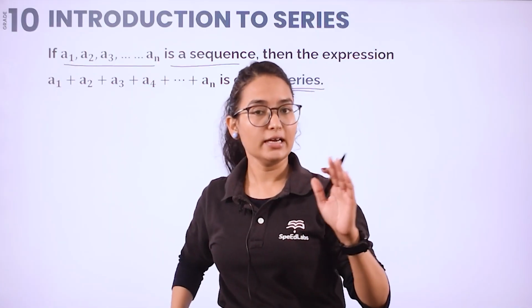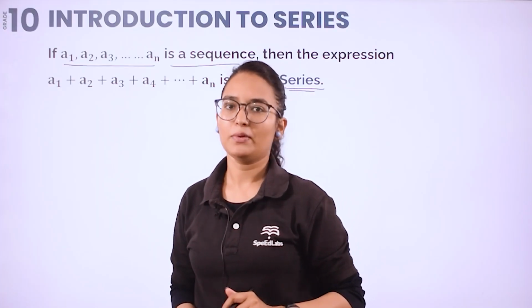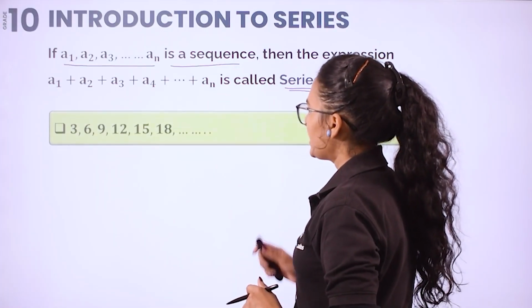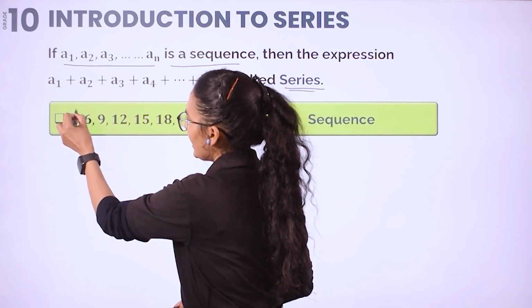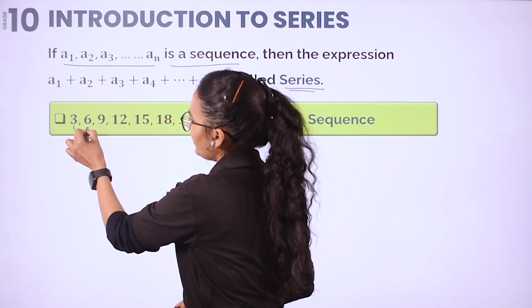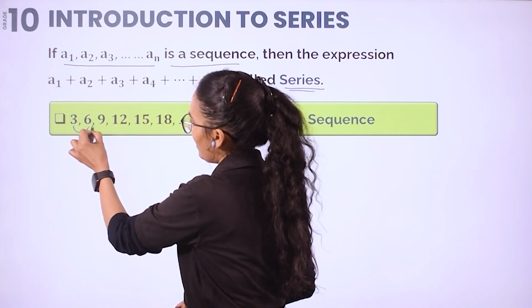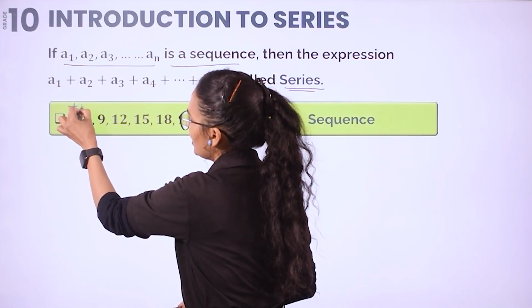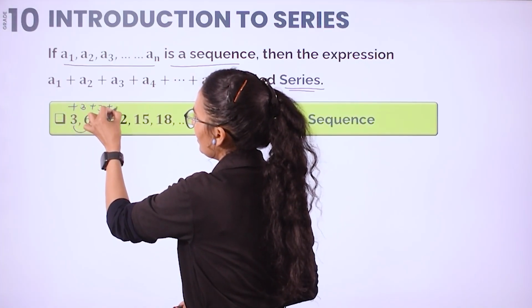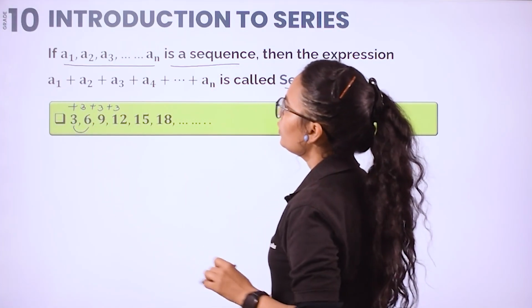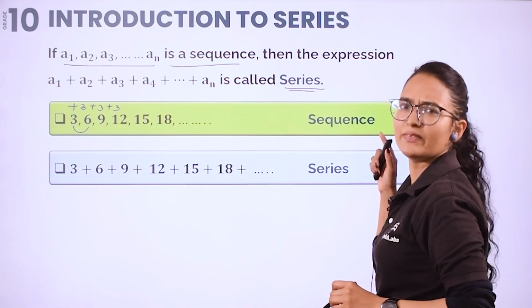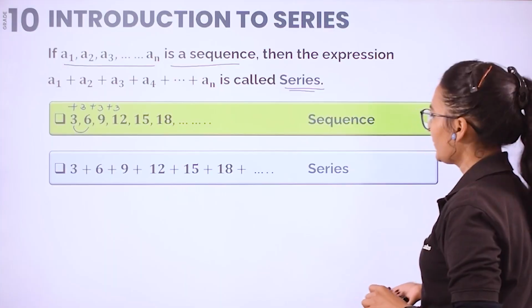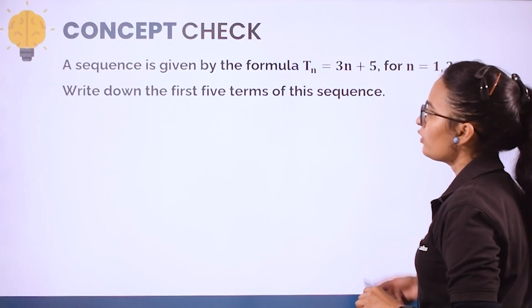Sequence and series, you will see the chapter in grade 11th and 12th. Alright, look at this one. This is a sequence here, because the rule is again 3 table: 3 twos are 6, or we can say addition of 3 each time. And the series will be 3 plus 6 plus 9 plus and so on. Basically we are adding all the terms here, so that is your series. I hope that is clear.